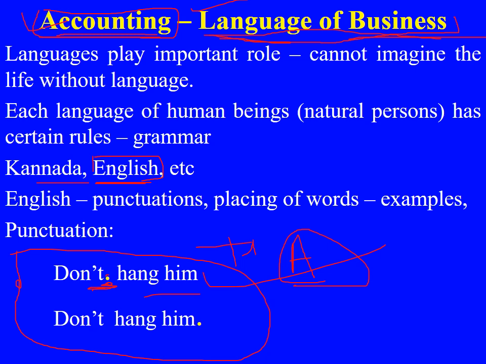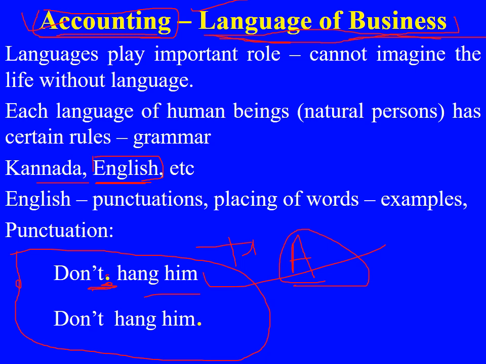After understanding the various branches of accounting, let us understand accounting as a language of business. See, generally I am speaking, I am communicating with you by means of a language, right? I am talking with you in the English language. English is a language through which I am communicating with you, through which I am speaking to you, right? So without language, is it possible for me to convey the information? Is it possible for me to communicate with you? It's not possible. So only with the existence of language we can communicate, we can supply the information, isn't it?